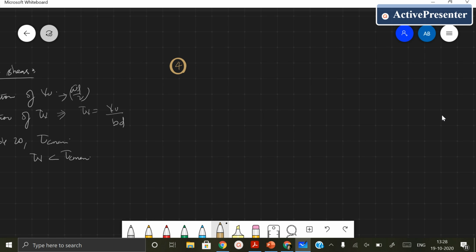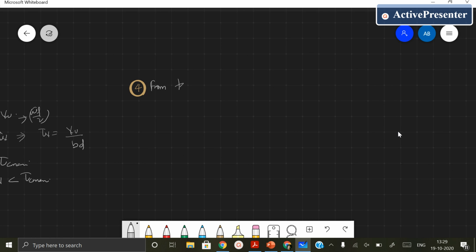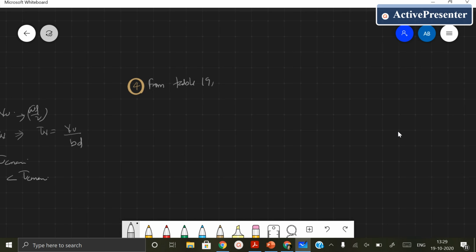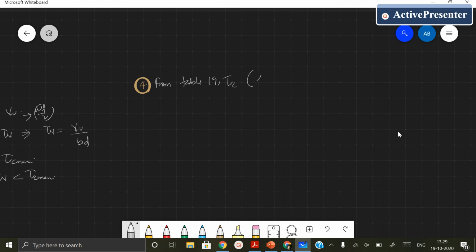Now we have calculated up to tau c max. The fourth step is to calculate the value for your tau c from table number 19. That is the shear taken by the main reinforcement and concrete. That is, from table 19, you'll get the value for tau c, that is shear stress taken by concrete plus main reinforcement. Now the fifth one, if tau v is greater than tau c, then